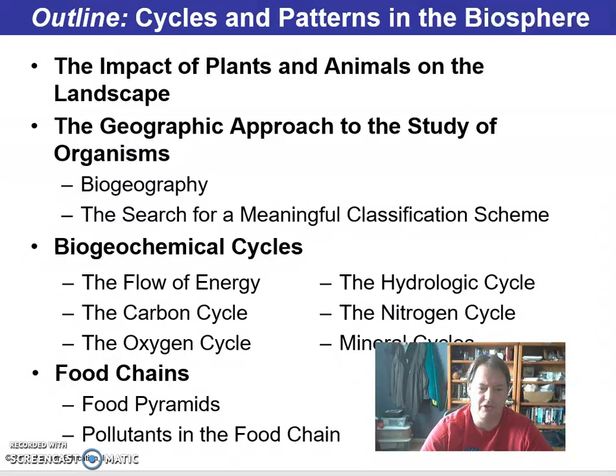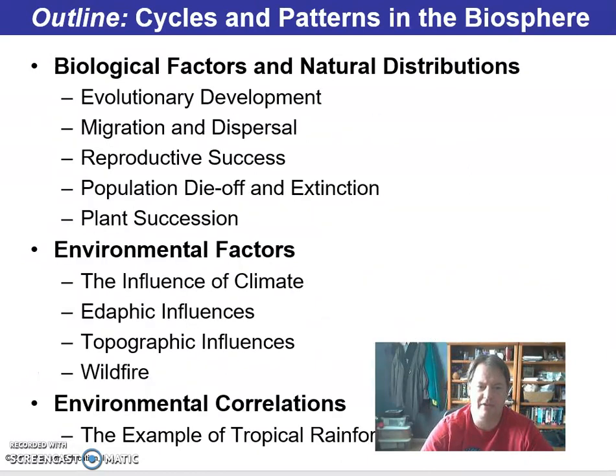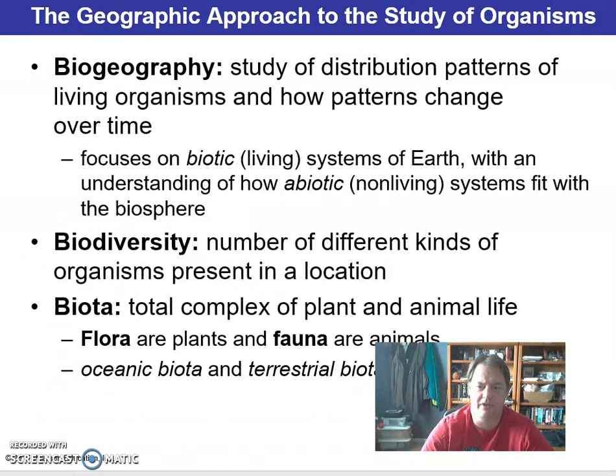We're going to talk about biogeochemical cycles, food chains, biological factors, environmental correlations, biogeography, the study of distribution patterns of living organisms and how patterns change over time, and biodiversity, the number of different kinds of organisms and total complexity of plant and animal life. So flora, our plants, and fauna, or animals, is really key to understanding what we're going to discuss